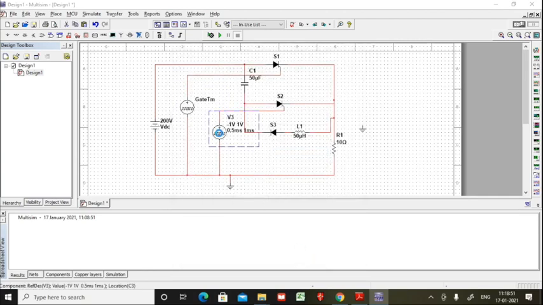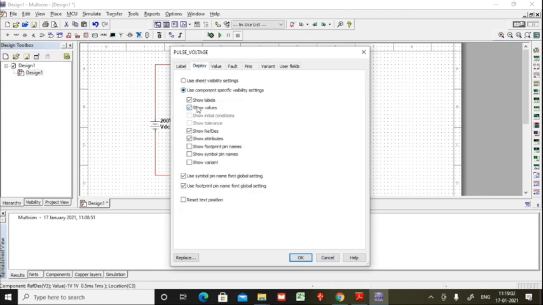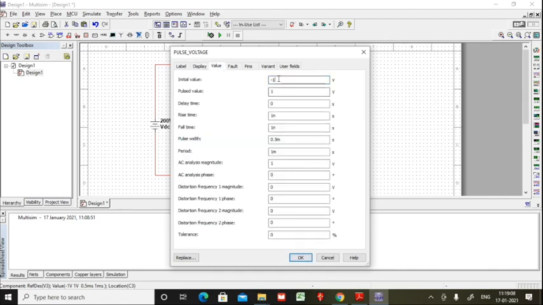So for this also I will do the same. Okay, first label, change it as gate for TA, and let me display only the labels. Let me uncheck those, and the value here also will start with 0, and its peak voltage is 5 voltage, pulse magnitude is 5 voltage, and there is a delay time of 1 millisecond. It will start a bit late, so that is the logic here. And here also it will have a pulse width of 1, and a pulse period of 2.